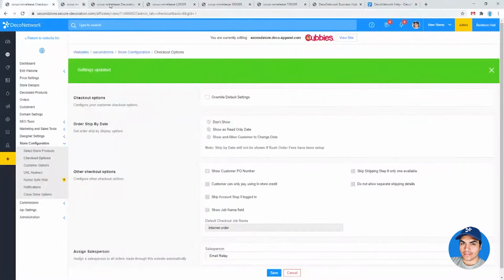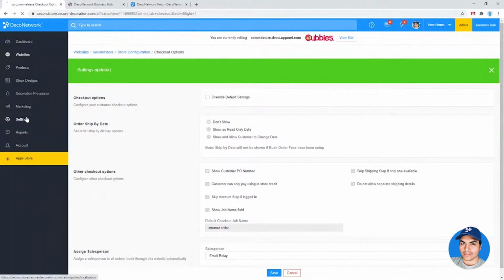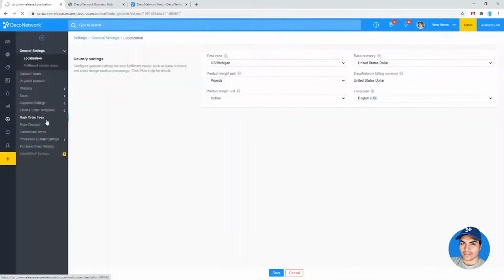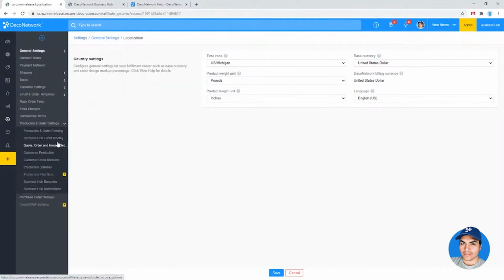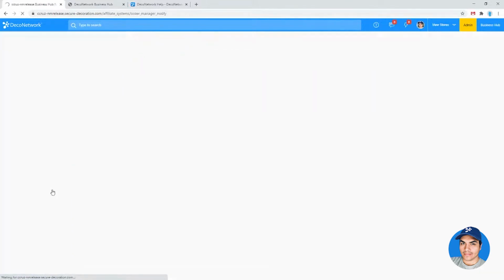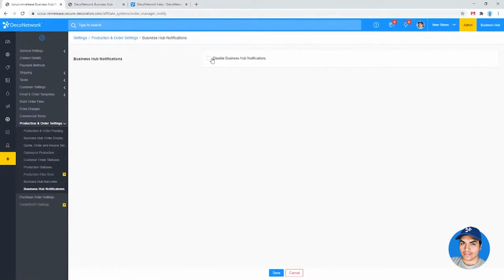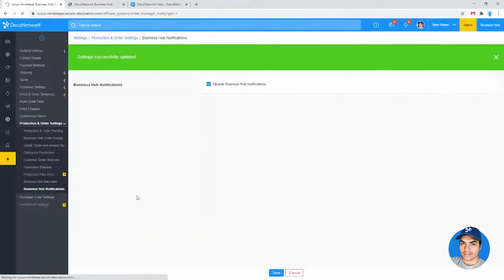So jumping back into our admin area, and just close off some of these tabs. We'll click into our settings section, and we're going to click into production and order settings, and we'll find the new section here, Business Hub notifications. Just one option here, disable Business Hub notifications. So pretty straightforward. We'll go ahead and save that change